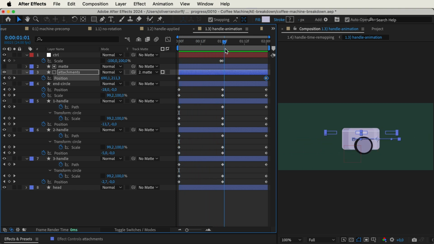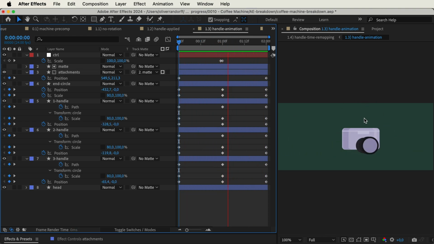One thing that's important here is of course that you have 3 of these attachments, because otherwise you won't have one appearing here on the side. And you also need to match up the movement of these with the handle itself. You can see it does that pretty well. And now when we play this back, you can see that we have the rotating movement. But as it is right now, it doesn't really seem that exciting. And that's just because this is a placeholder.